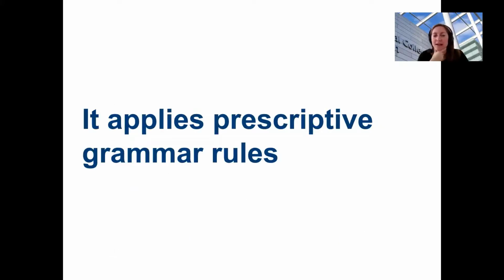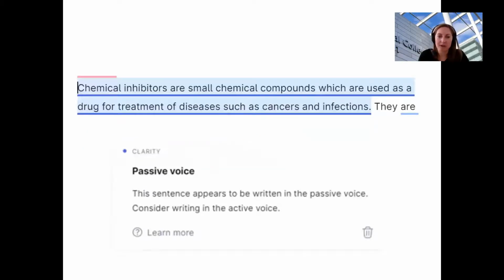Okay, it also applies prescriptive grammar rules, which are obviously problematic. And there are two main ones. So the first one is it doesn't like the passive voice. So in this sentence, which is a perfectly good sentence, it is suggesting that the sentence be rewritten in the active voice. Now, obviously, sometimes it might be desirable to use the active rather than the passive, but as EAP